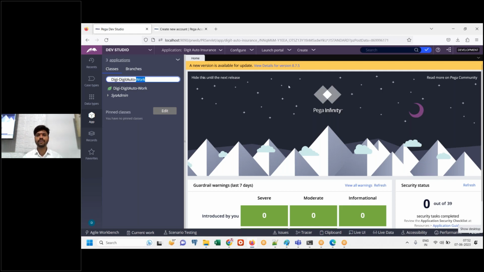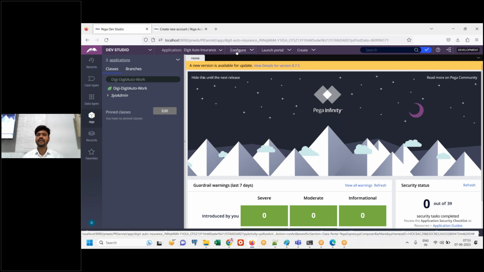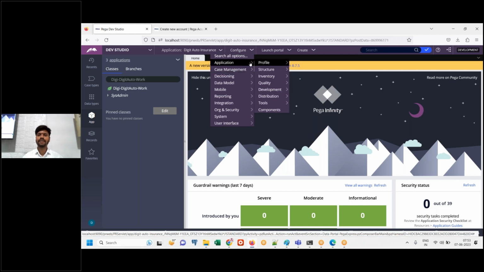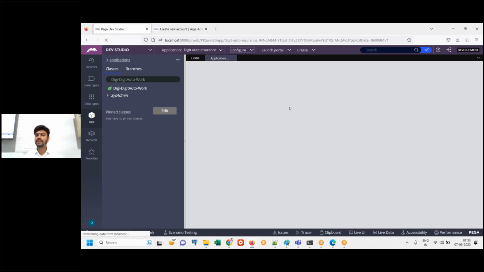How are you going to do this? I will share the document also. The process will be the same in Community or here. Just a one step process. Configure, Application, Distribution, Export. What is it? You are exporting it. Okay, export. Here